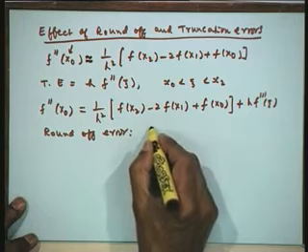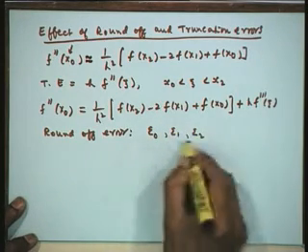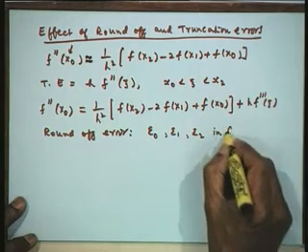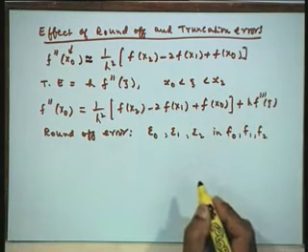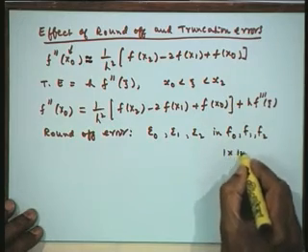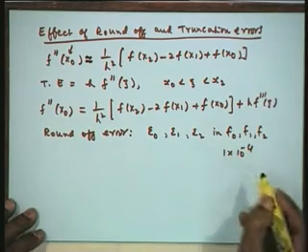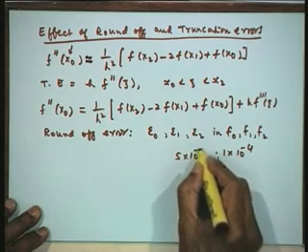Let us take epsilon 0, epsilon 1, epsilon 2, the round off errors in f0, f1, f2. Of course, if it is data that is given to us, and the entire data is accurate to 4 decimal places or 6 decimal places, correspondingly epsilon will be, say if it is 4 places, we may say that the error is 1 into 10 to the power minus 4, or if you are using round off, then you can say 5 into 10 to the power minus 4.